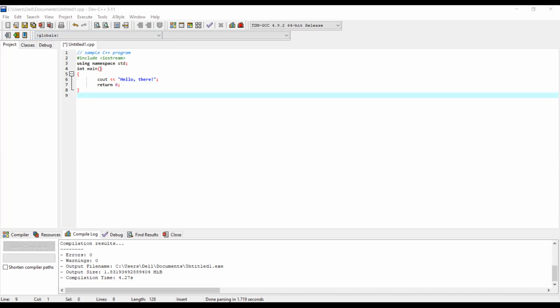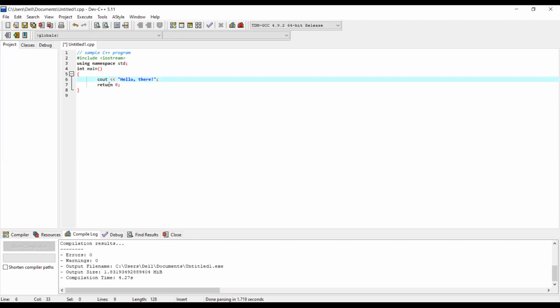then a blank bracket. int is the return data type. Then we have a building block, and this code block is indented. That indentation is not necessary, but it will give us a better understanding of the program if we indent the program. Indentation means we write the lines of code slightly to the right-hand side. To see out, hello there is the string output.